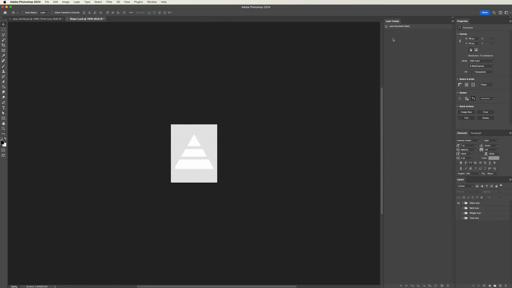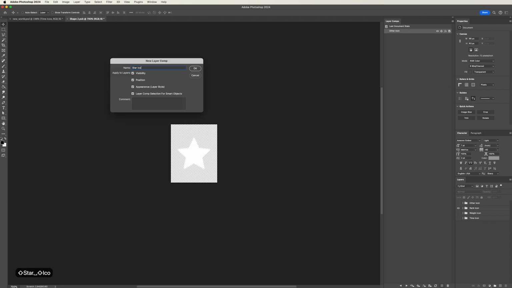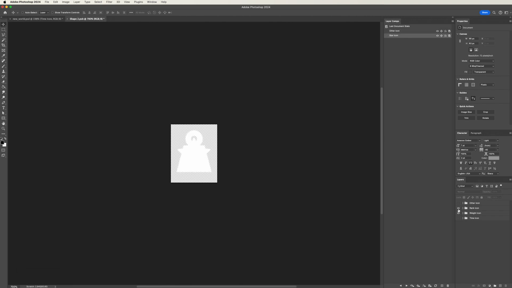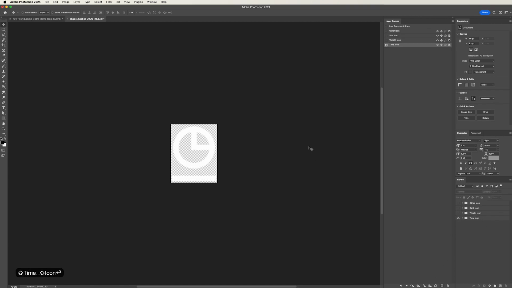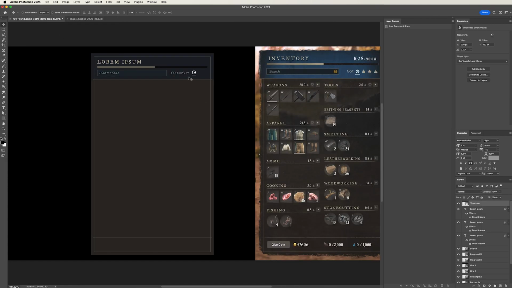Cool, so now we're just going to take a look at the layer comps. Now we've set up the main icons, we can start to create the layer comps. And essentially what we're doing for each icon, you're going to create a layer comp. You're going to name it consistently so it's easy to track down and find. And then with each layer group that's on the layer comp you set up, you just want to make sure